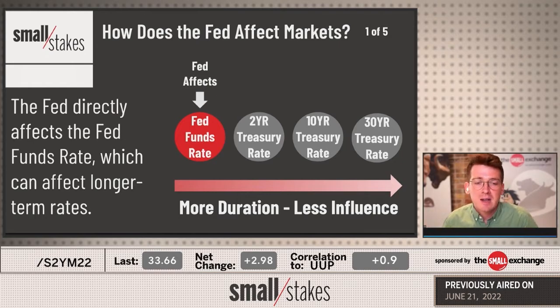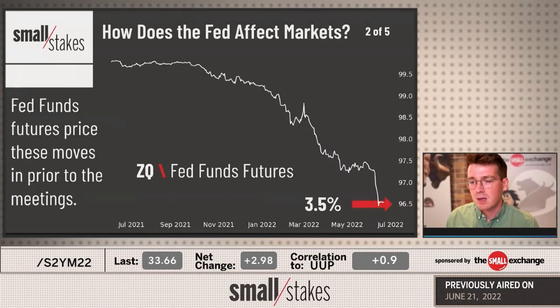And that makes sense, right? If I said to you, the Fed, they only move 50-year rates, you would expect movement from the Fed to affect 30-year rates more than 10-year rates, more than 2, and so on down the line. And so the Fed affects directly the Fed funds rate. That's a short-term interest rate benchmark here in the US. And that is going to influence most directly 2 years and then 5 years and then 10 years and 30 years with a diminishing effect. And I want to show that direct relationship and then get into some of the longer term interest rate products and their movement recently.